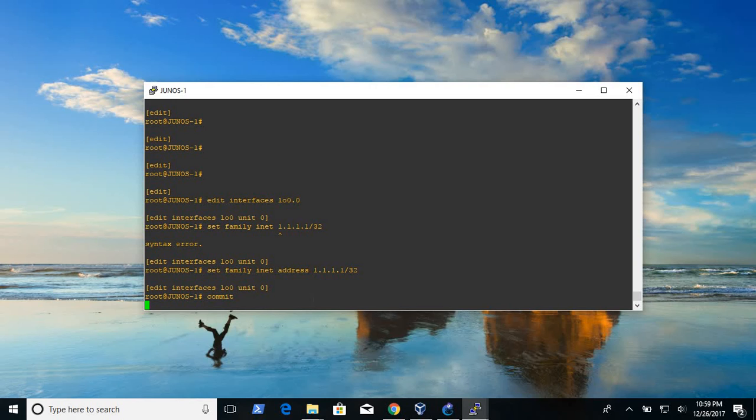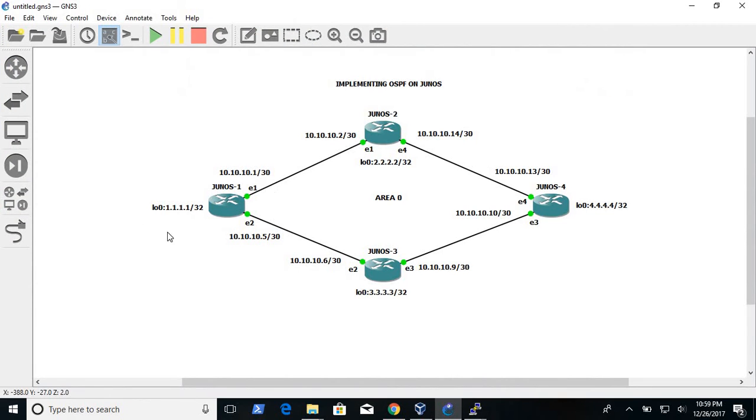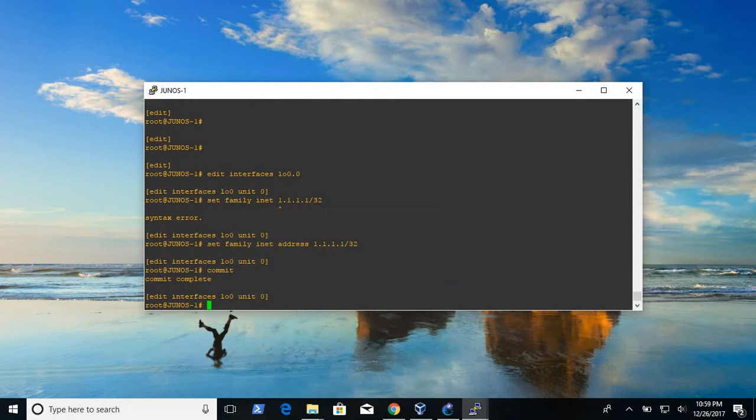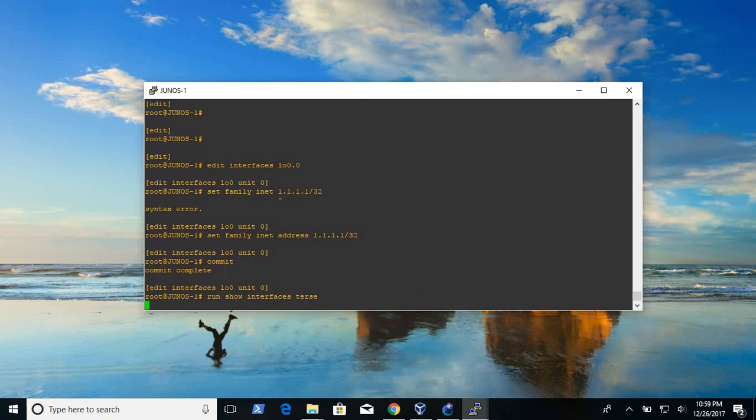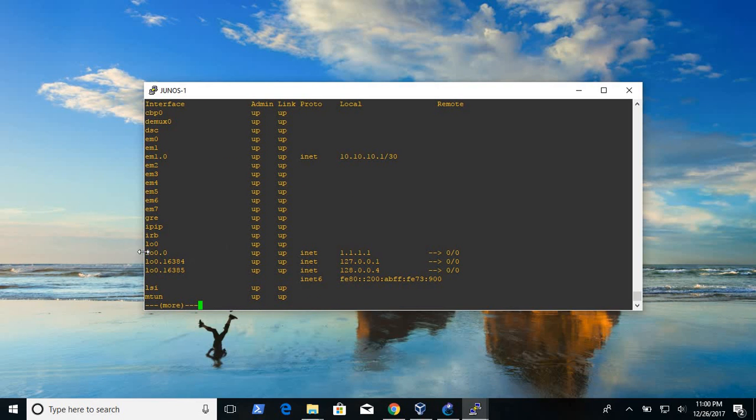Okay, so this has been configured. It's been configured. But before we go ahead, let's verify. Let's do a run show interfaces terse, and we have indeed configured this as